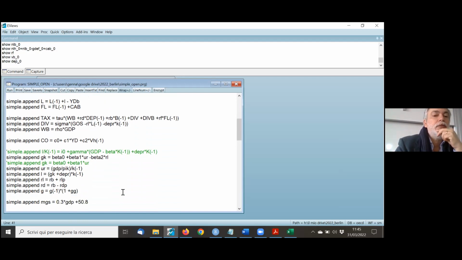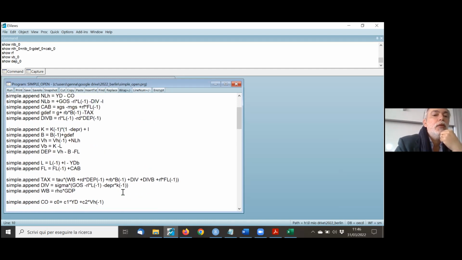Where the current account balance enters in the... this current account should be imports minus... Current account balance is exports plus interest received from abroad less imports, because the sign of the exports should be different from the